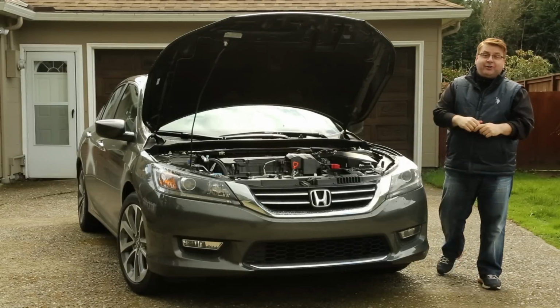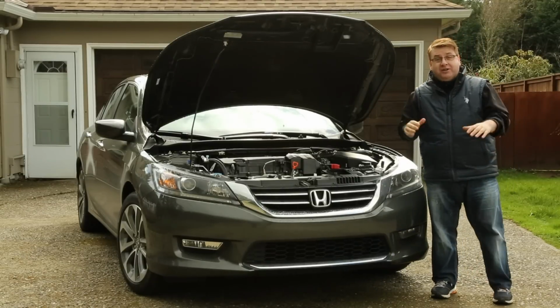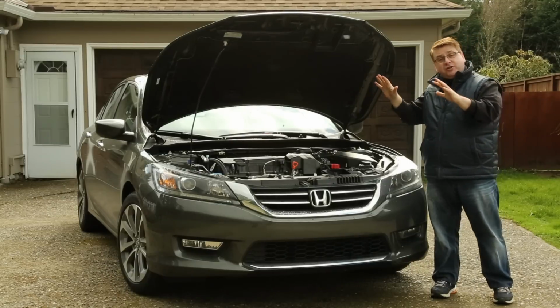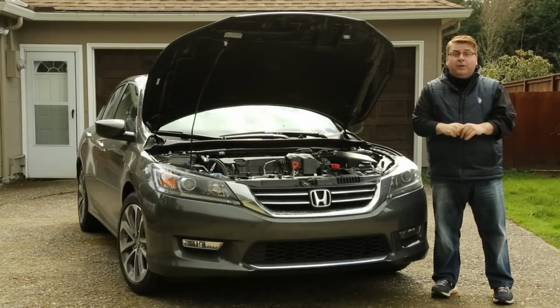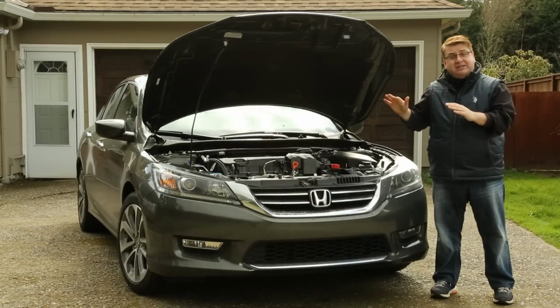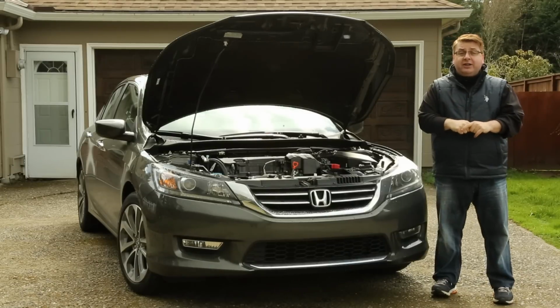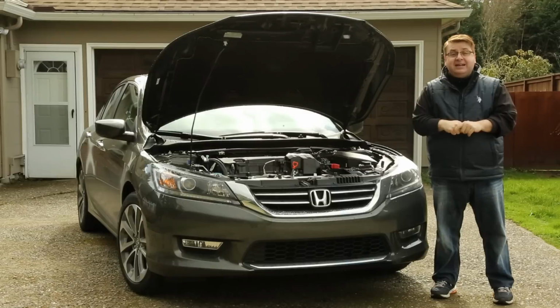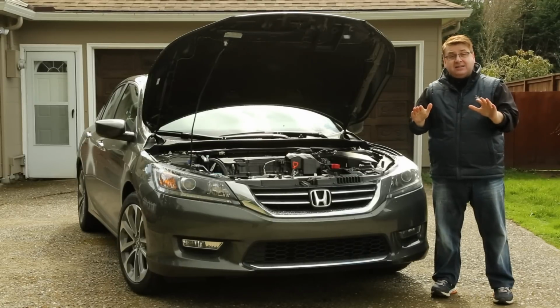This is the brand new Honda Accord, and according to Consumer Reports, it is the best mid-size sedan in America. It's also the fourth most sold vehicle in America overall, but it won't last you very long if you don't take good care of it. Now, according to CarMD, they polled 840 ASC certified mechanics to find out the 10 maintenance mistakes that cause the